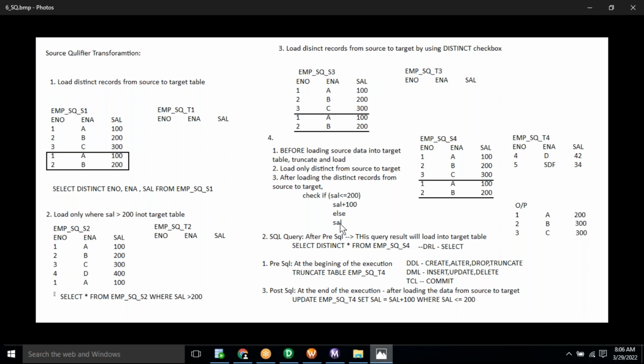After loading the data from source to target table, inside the target table we have to check each and every employee's salary. If it is less than or equal to 200, then we have to add 100 to their current salary. Else, we have to leave the same salary as it is. Got it? So to update the salary after loading the data into the target table, we have to update the salary